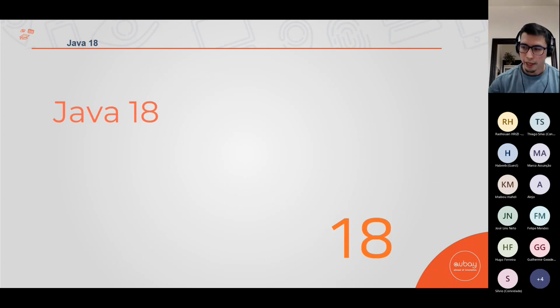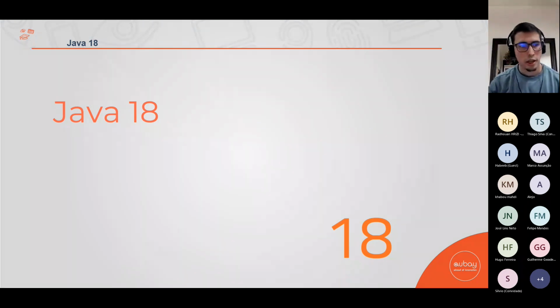Let's move on. Yes, Java 17 doesn't have a lot of things. Again, I'm just showing you some of them, okay? I don't show everything. But yes, Java 17 is not such a big version. Why? Because in Java 17 we have everything done between Java 11 and 17, and it is released in Java 17 because Java 17 is the LTS version. But if you think just about the version itself, it doesn't have a lot of things. It has more, but like I said, I just bring some of them.